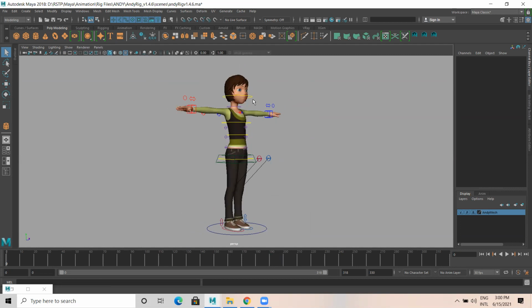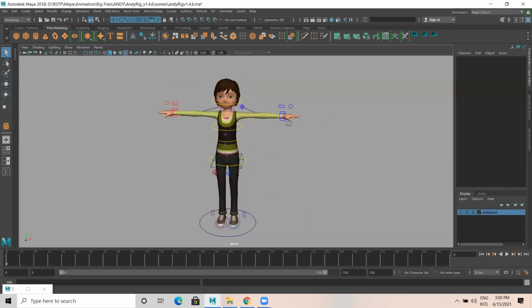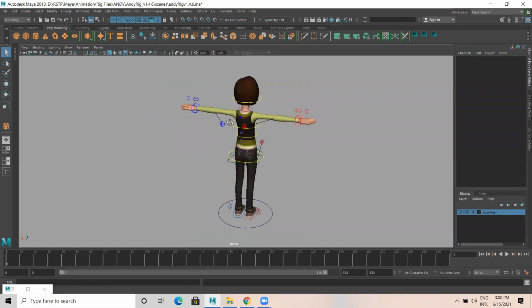Okay, I have the Andy character. See, if you set the project, you get the texture and all very clearly.